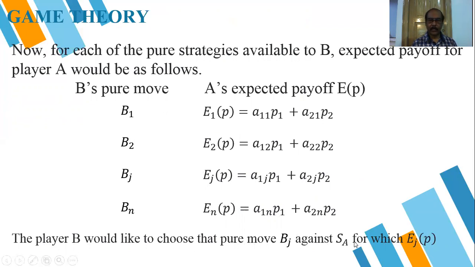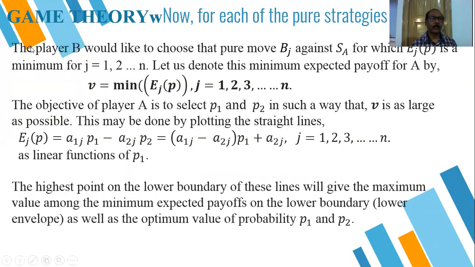The player B would like to choose that pure move Bj against the strategy SA, for which Ej(P)